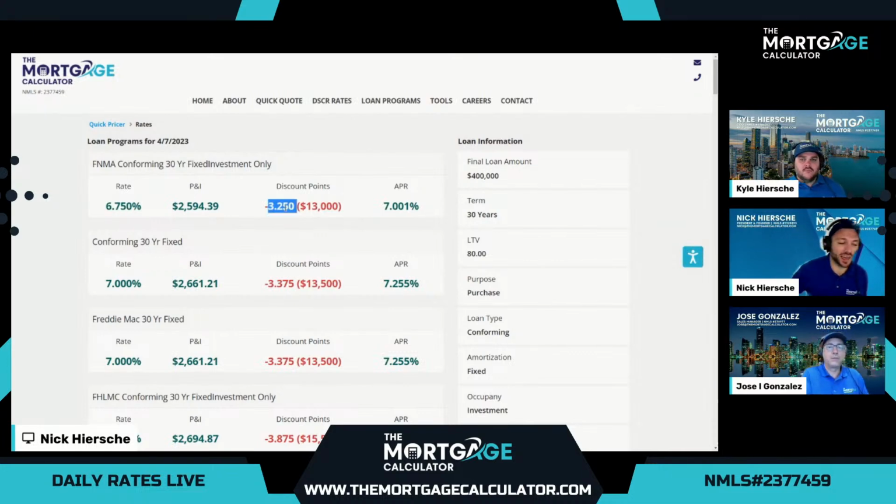The GSEs have added loan level price adjustments, which make it hard for our computer to find an option with one discount point. This option has 3.25 discount points, which is quite a bit of money out of pocket. Final APR of 7.001, so great APR. We love to see that. However, many times our investors don't mind going higher in rate in order to reduce this cost out of pocket,